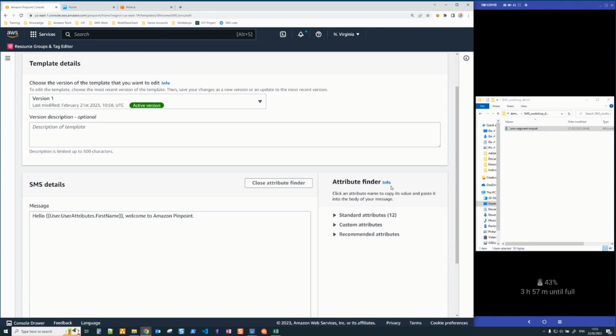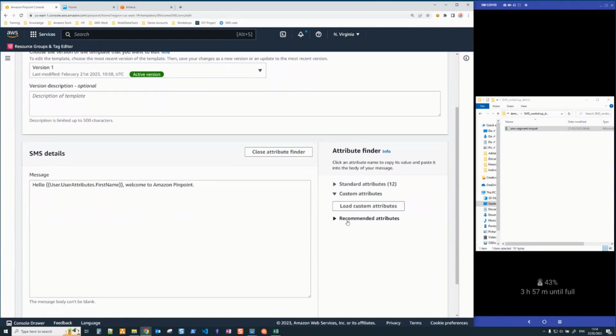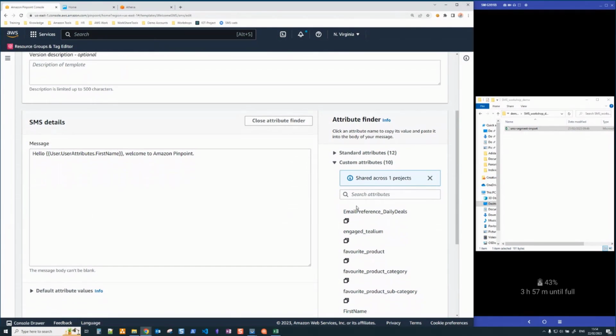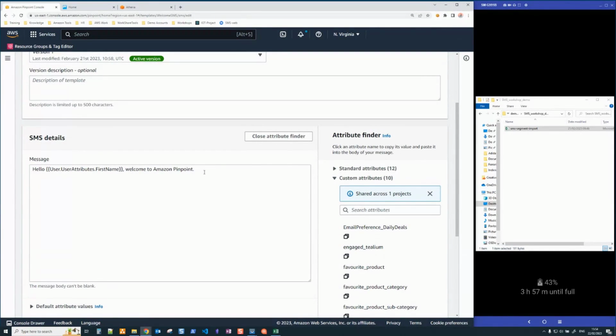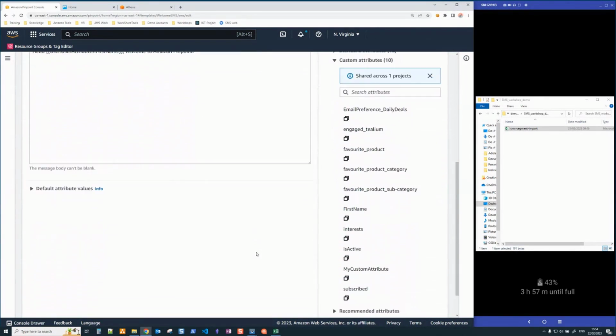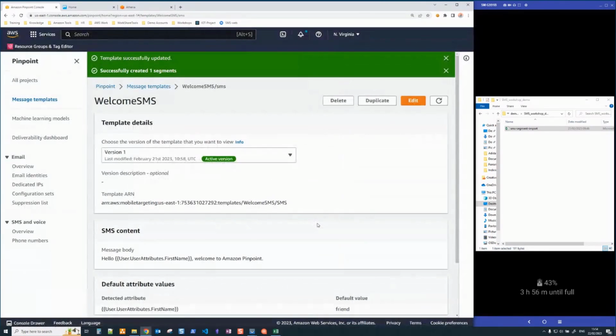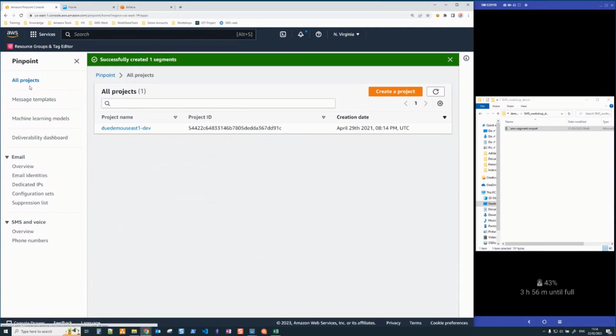You can find which values are available in your project by going to the attribute finder and then loading the ones here, which become available on your right, and you can just copy them and paste them into the message itself. I'm going to update the version, even if we haven't done any changes,